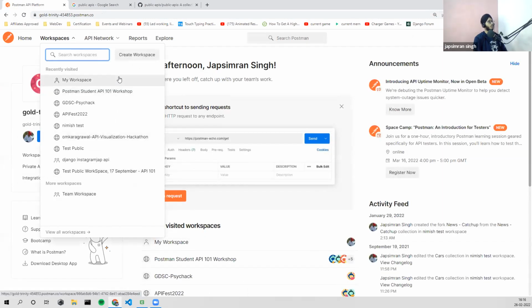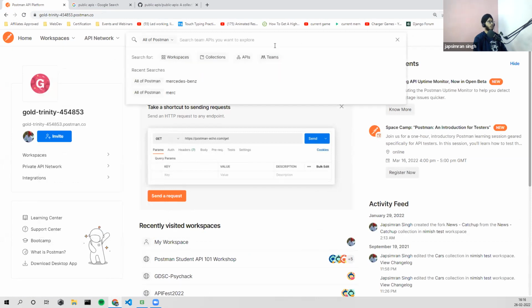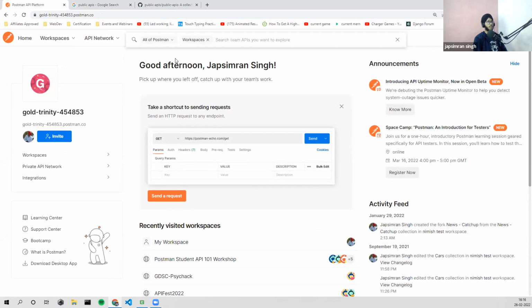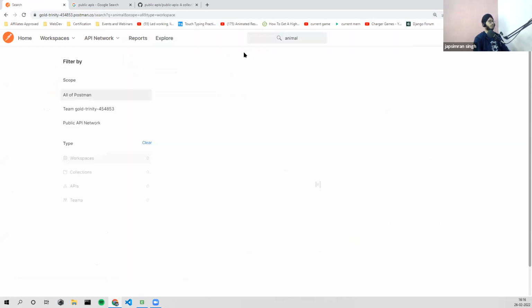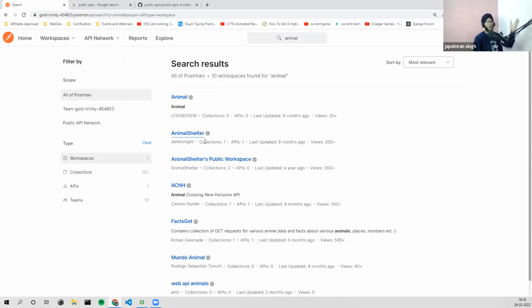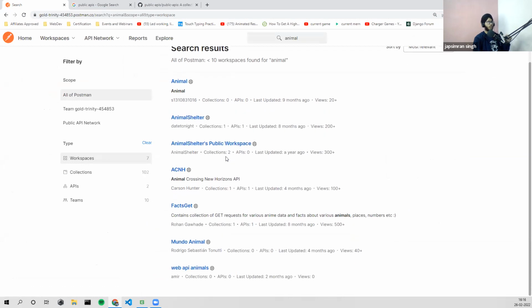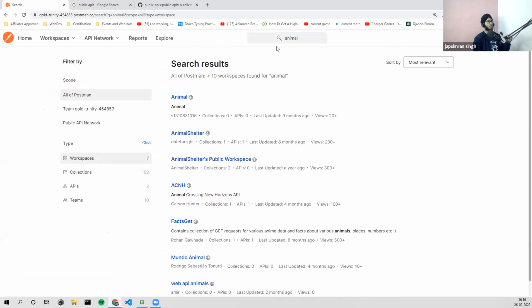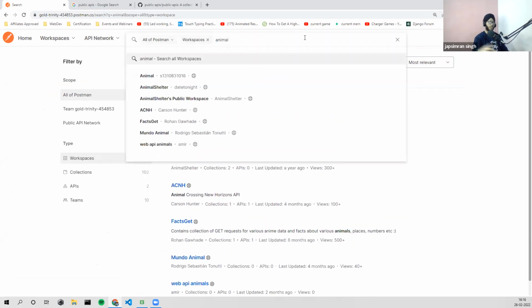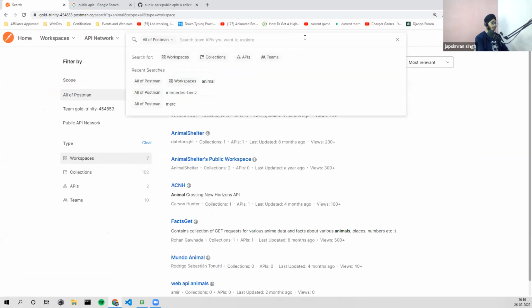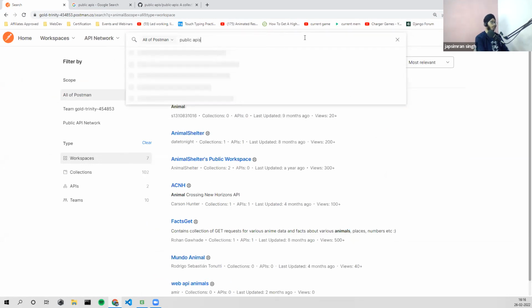You can search for workspaces, like animal. You have a lot of public workspaces. You can take some ideas.